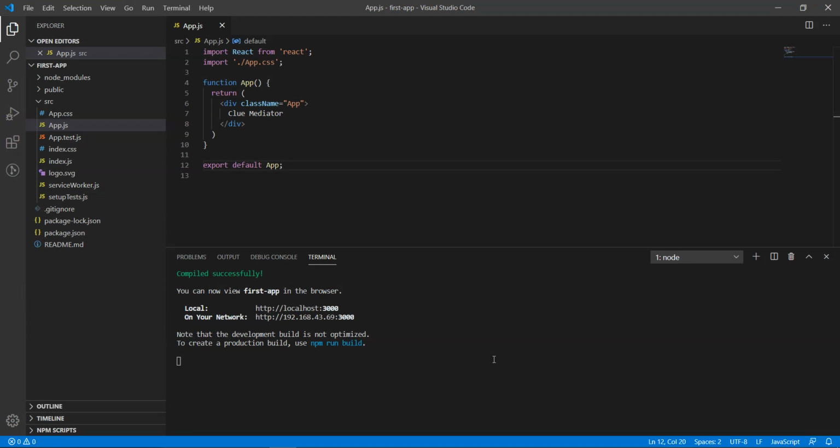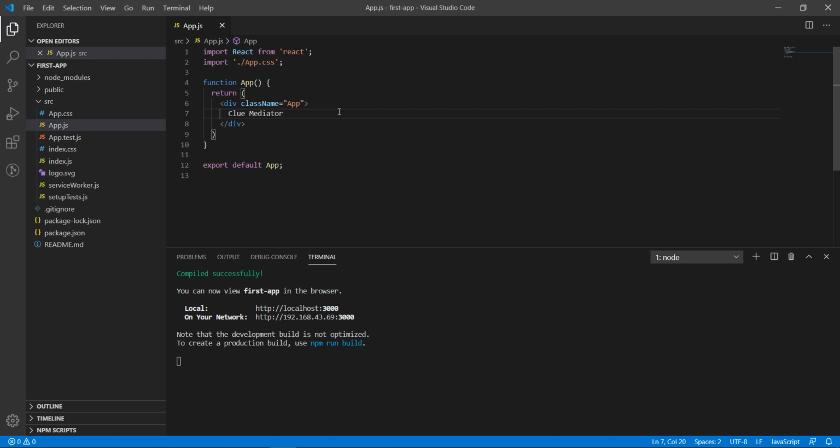Here I have one React application that I have created via Create React App. If you don't know how to create React applications, I have already created one demo video for you, so you can check it. Let's check the whole thing.